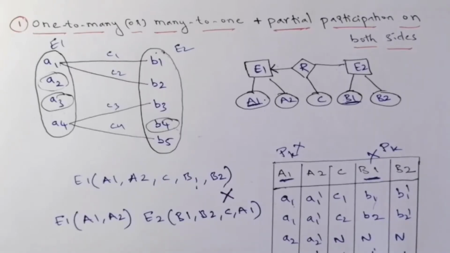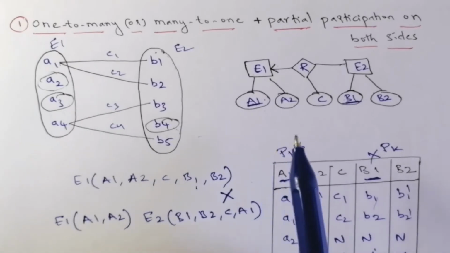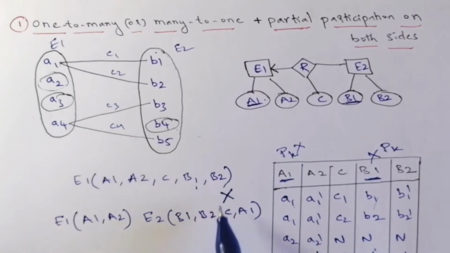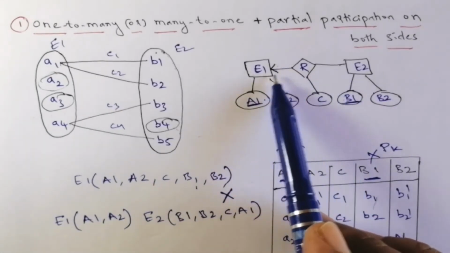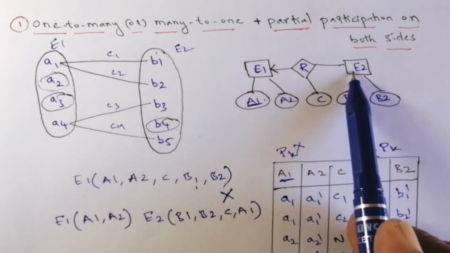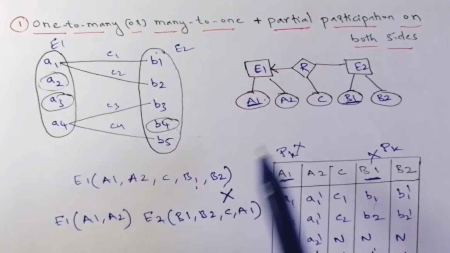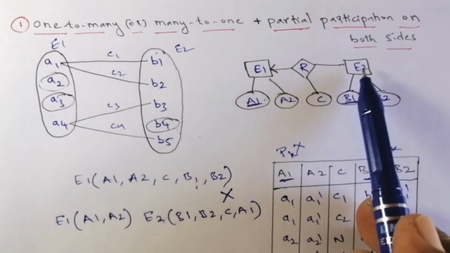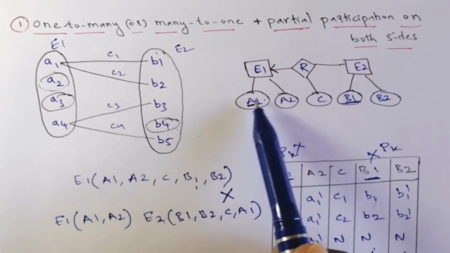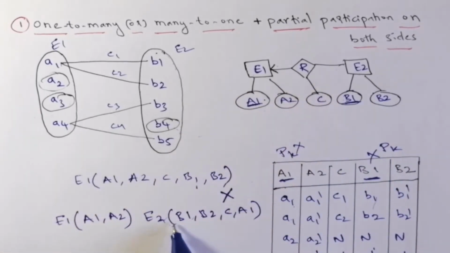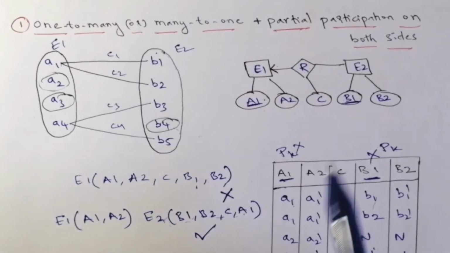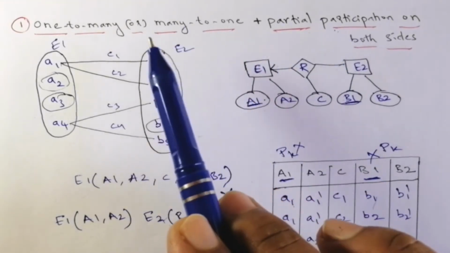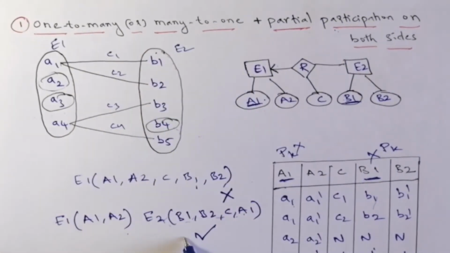That is, when we have one to many or many to one plus partial participation on both sides, the many side is going to absorb everything. In our case the many side is E2, but it can be either case, the many side can be E1 or E2. The many side is going to absorb the primary key of the associated entity. So it has absorbed the associated entity, and this particular relation is suitable. That is, when we have partial participation on both sides and it is one to many or many to one, two relations are enough. So you have to remember this particular formula, right?